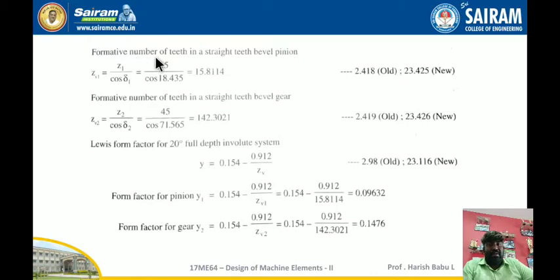So the formative number of teeth in a straight teeth bevel pinion, ZV1, is equal to Z1 by cos delta 1. So I am going to get 15.8114. Similarly, ZV2 is equal to Z2 by cos delta 2. So I am going to get